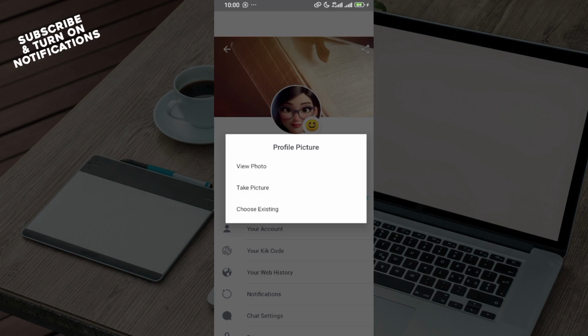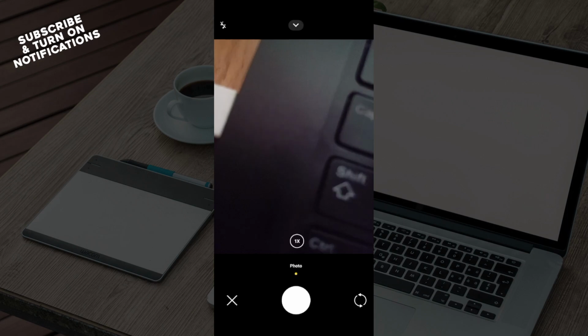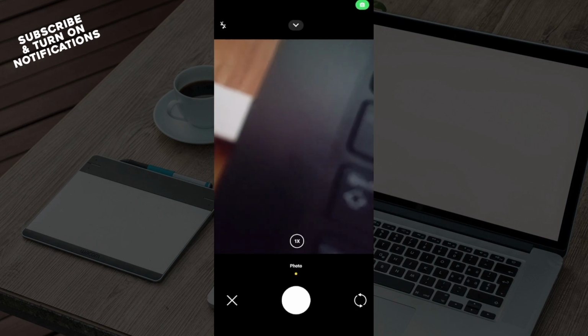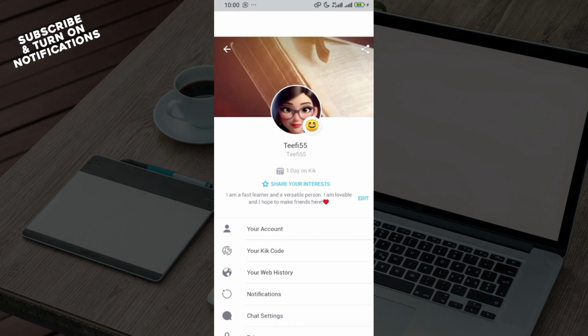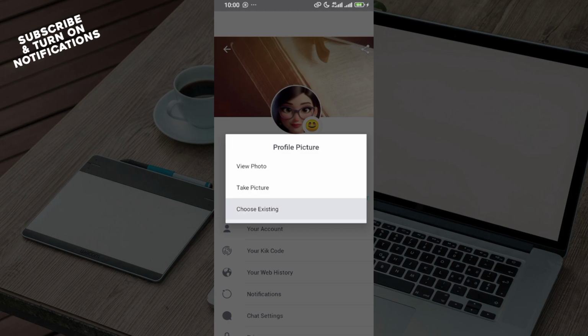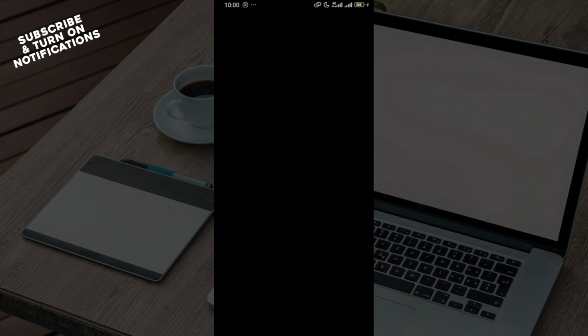You can just go ahead and click on take picture if you want to take a picture. But if you want to choose from an existing photo, you can just go ahead and do that as well. So let's go back. Click on the photo, then choose existing, and then click on gallery